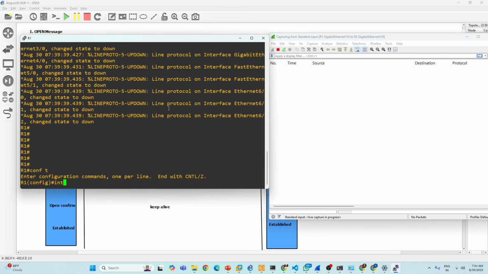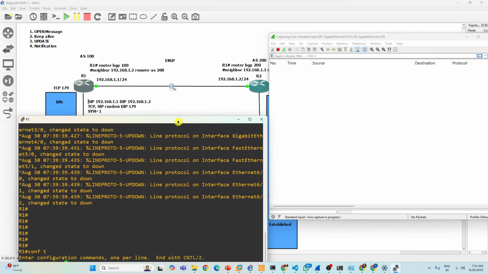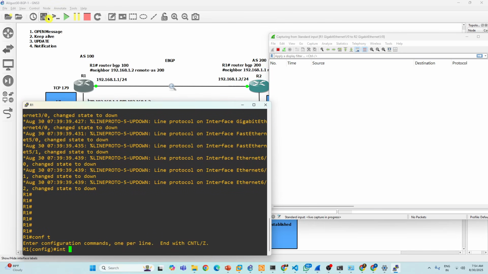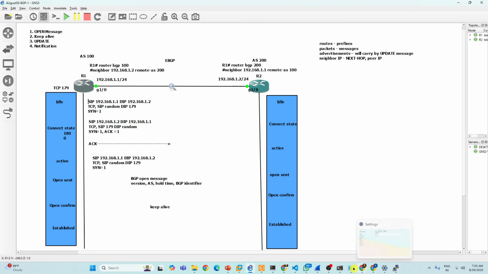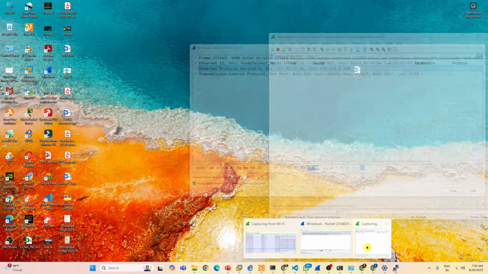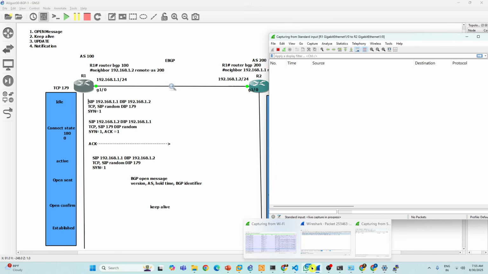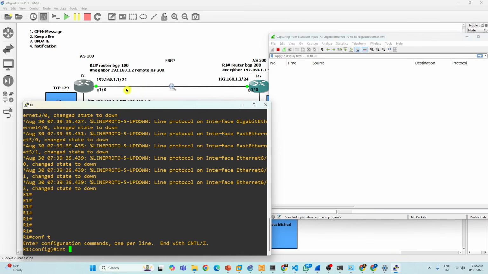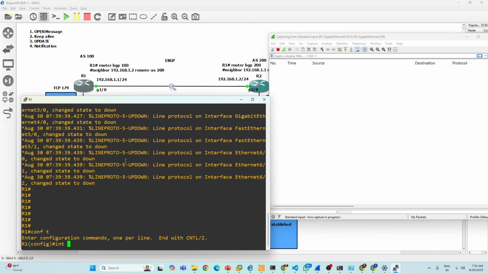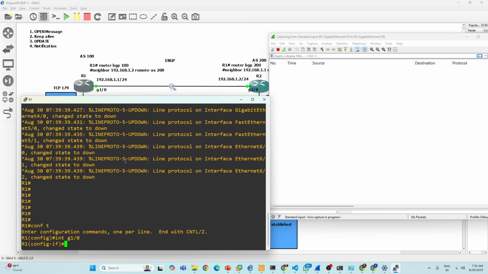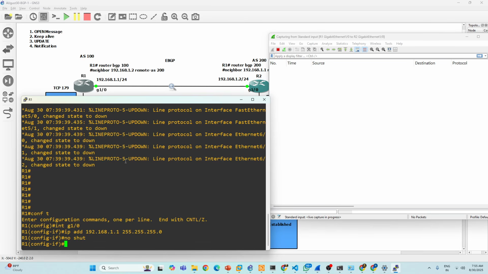Okay. So now interface, what is the port number here? Interface G1/0, 192.168.1.1. So I'm just assigning the IP address and giving no shutdown.